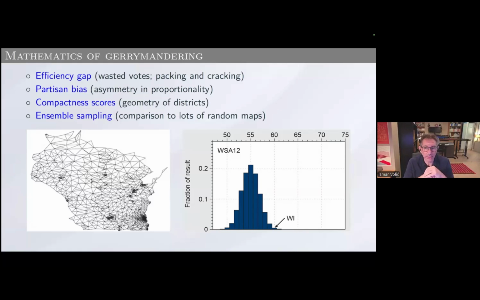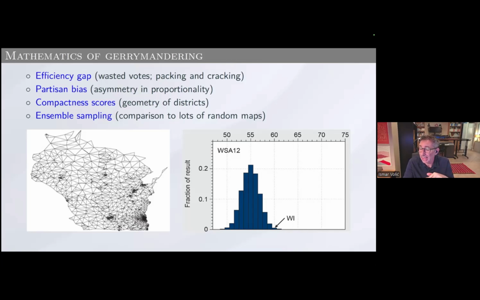There are methods that can look at a district and decide whether it's been gerrymandered or not, or at least flag it as gerrymandering. There are numerical measures that measure things like wasted votes, one of those being the efficiency gap. They can measure asymmetry and proportionality: if the tables were turned between two parties, would the other party have the same number of seats as the first party? Then you can look at the geometry of districts, the actual shape, and apply certain measures called compactness scores. That has to do with actual shape rather than just the number of votes each